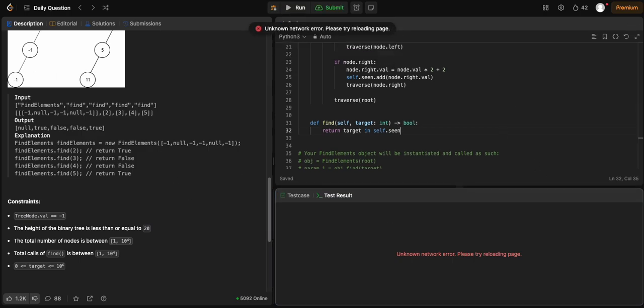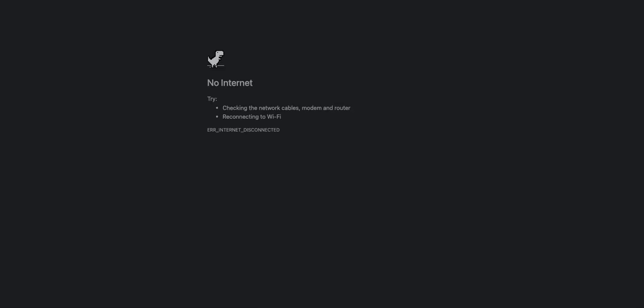Oh, that's not good. Oh no, what happened? I think my Wi-Fi died. Well, I'll just connect to my hotspot for now. It seems like